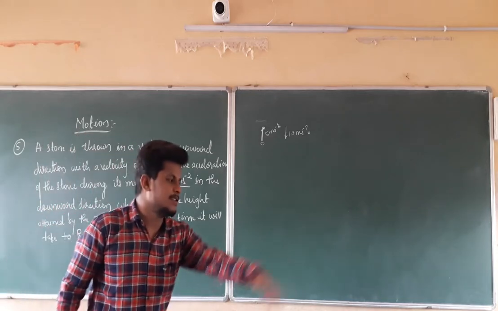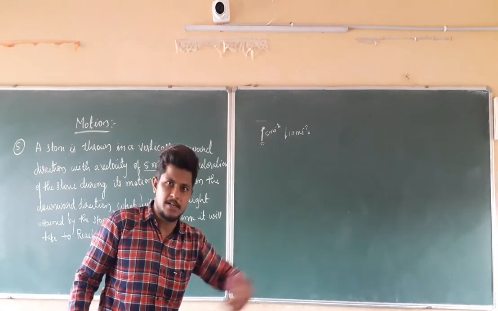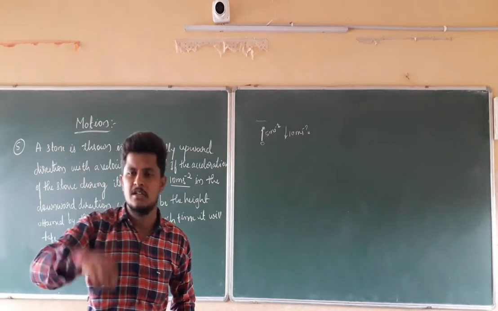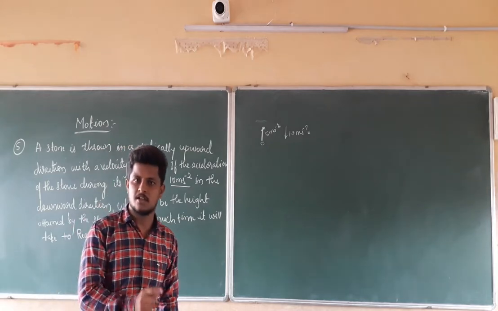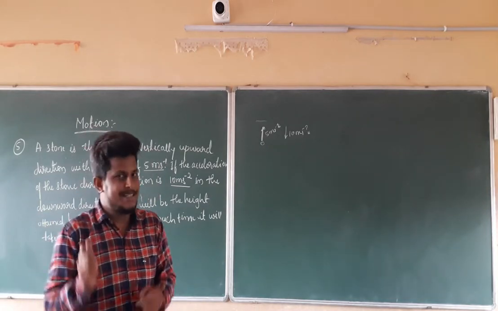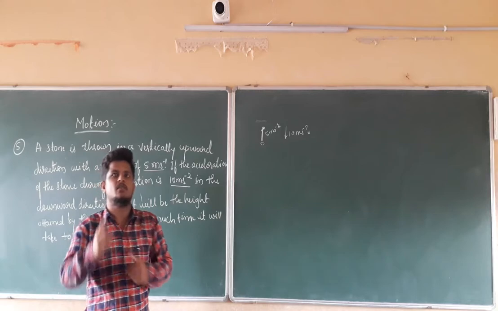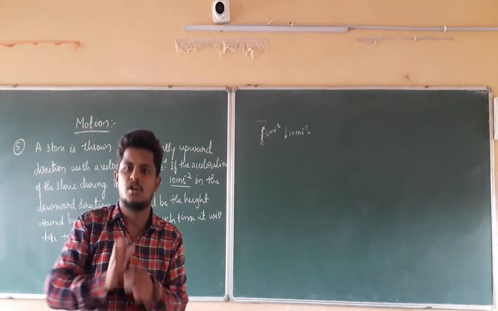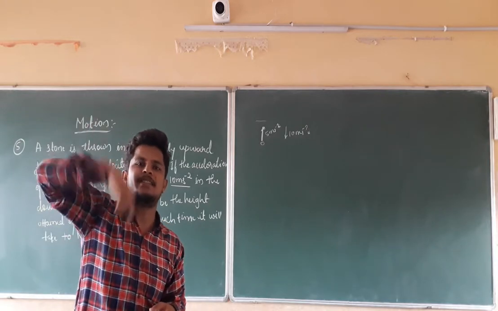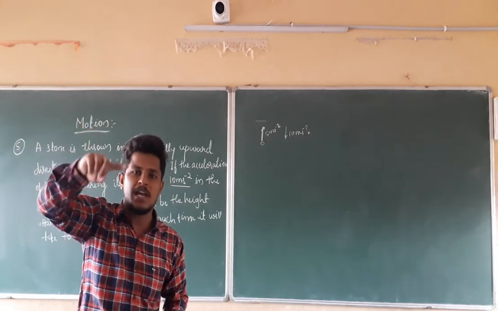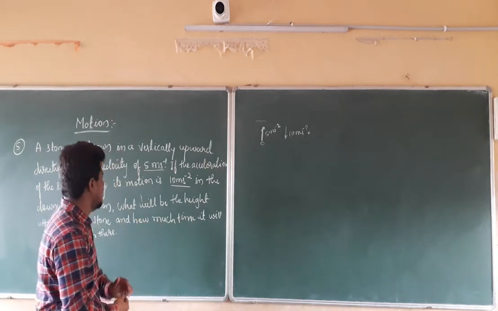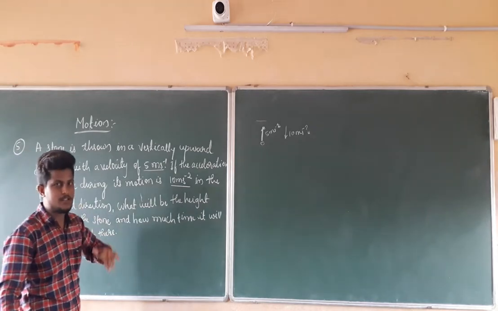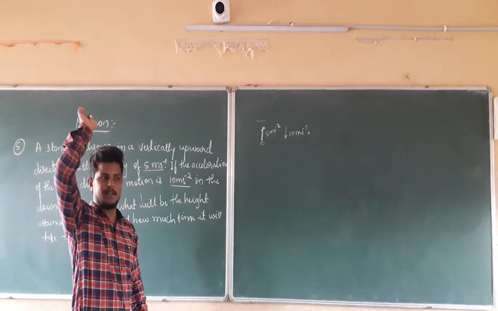If the stone is going in this direction along the ground, we are going to take the total distance covered by that stone. In the same manner, if we throw the stone in the vertically upward direction, the stone is going to cover this much distance. That distance is nothing but the height. So in this case we have to calculate the total distance covered by the stone moving in the upward direction.